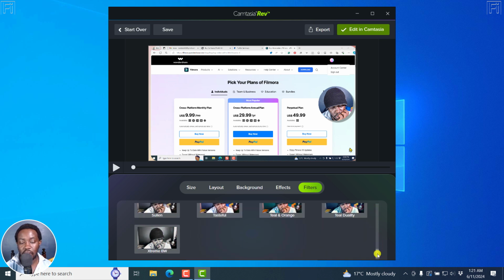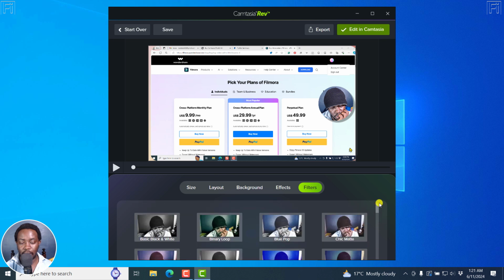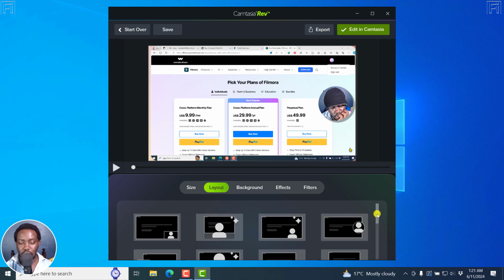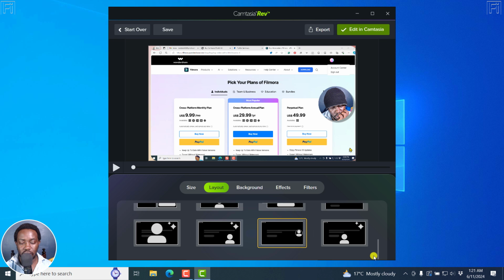Now, this is where I'm mentioning, once you've done all those changes, I wish there was an option to save this as a style to reuse over and over again, because the way Camtasia Rev should function is that it should help you save a lot of time during editing. And maybe for the layout, especially for this one, I wish it was possible to just hold this particular talking head and bring it down here and work with it without going into the